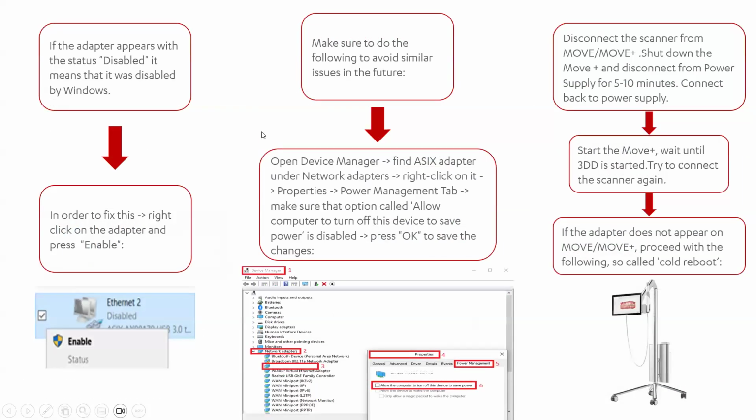So also, here are some workarounds that can be applied if you have scanner connectivity issues. If the adapter appears with the status Disabled, it means that it was disabled by Windows. To fix it, just right-click on it and press the Enable button here. Also, you should make sure to do the